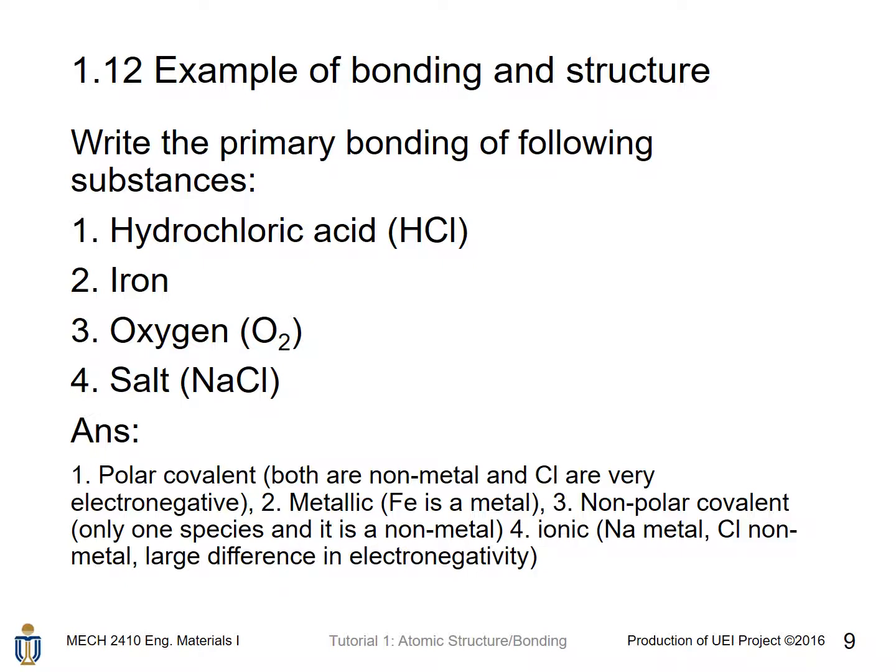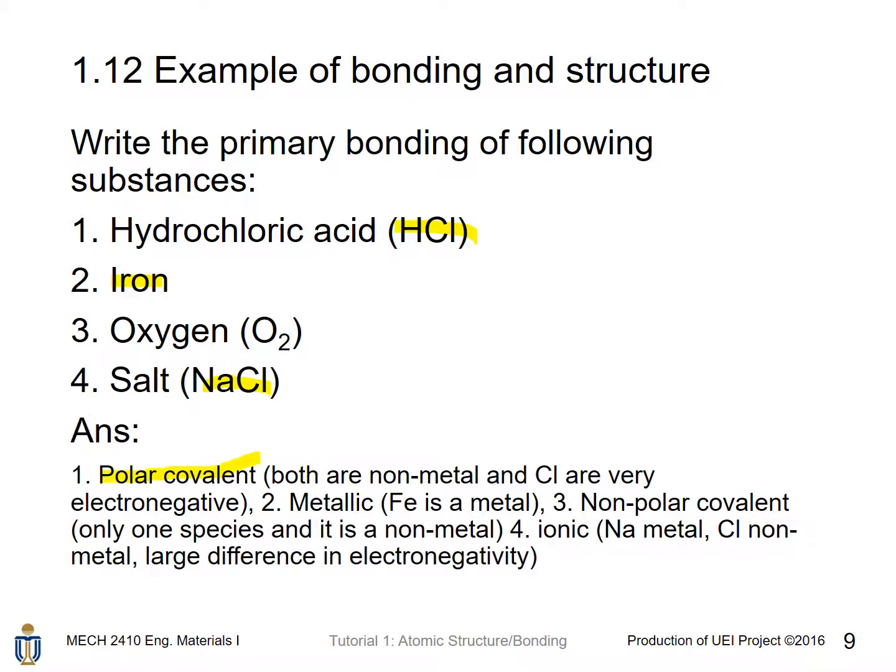Examples of bondings and structures. Identify the primary bondings of the following substances. The first one is HCl, hydrochloric acid. The second one is iron. The third one is oxygen. The fourth one is salt. For the first one, it is polar covalent